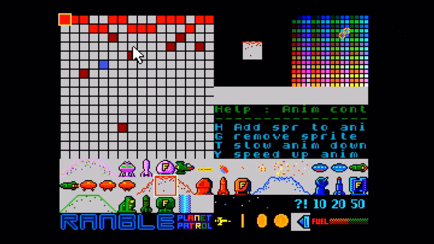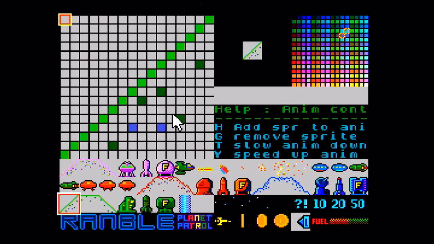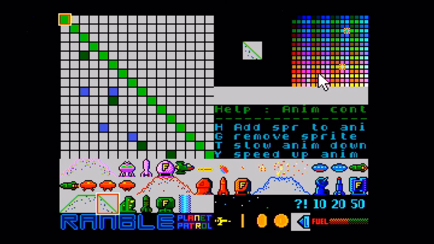So I'll just add some to all the different landscapes here, just to give it some more depth and make it look like the ground is actually a bit deeper than it's indicating originally. So let me grab a different color here as well, maybe this one here. And this one, can't see that one very well, maybe a yellow one that we can see better. And we can just fool around with it and play around with it until we come across something that we